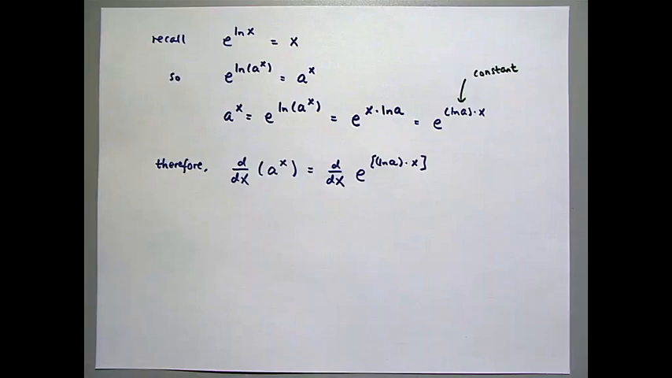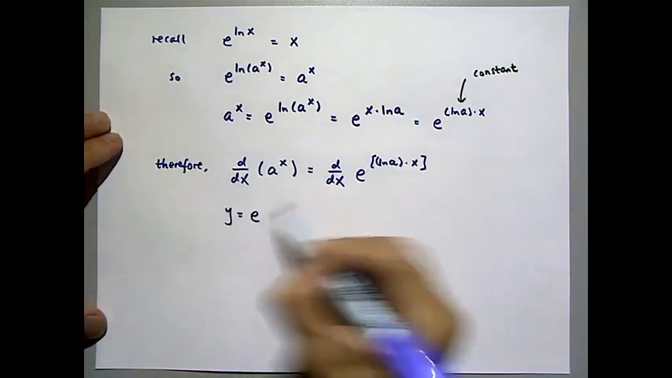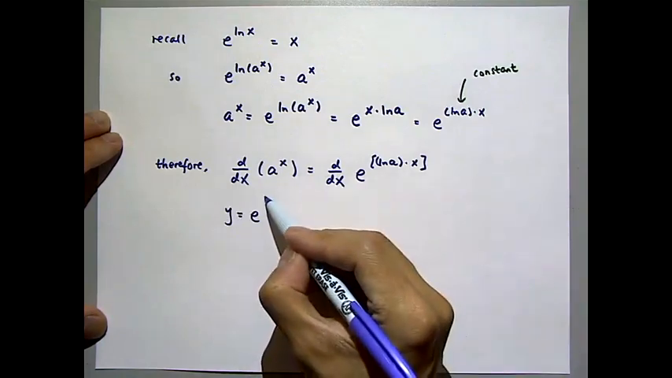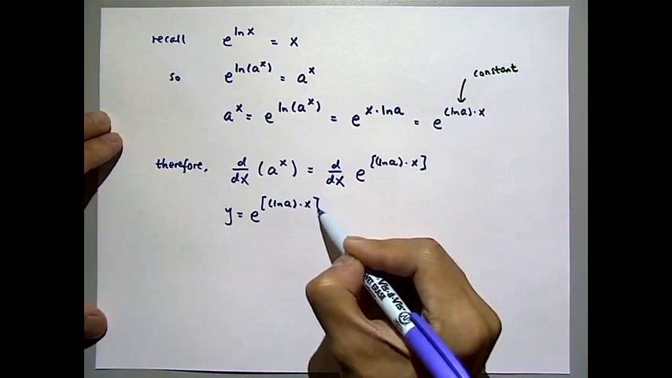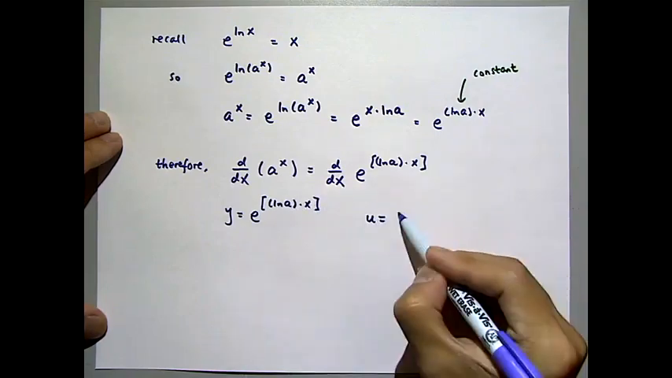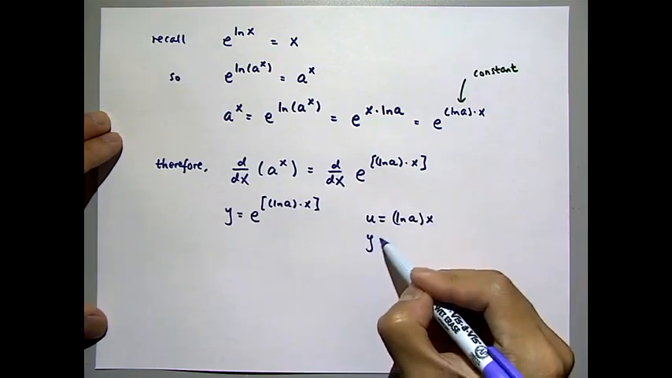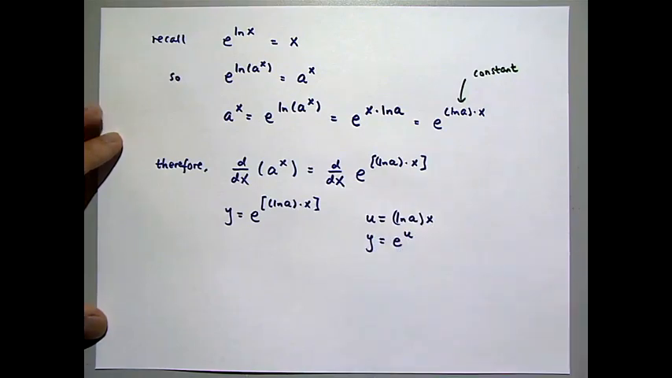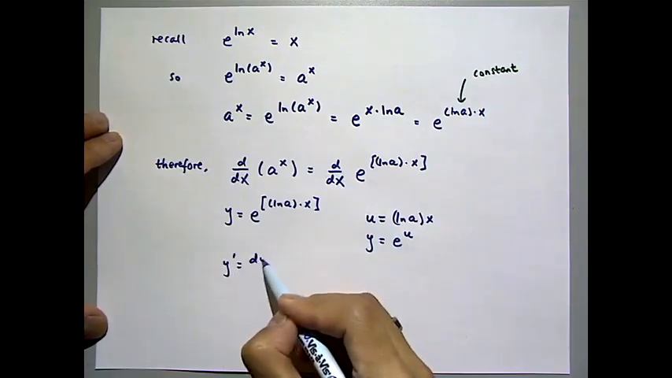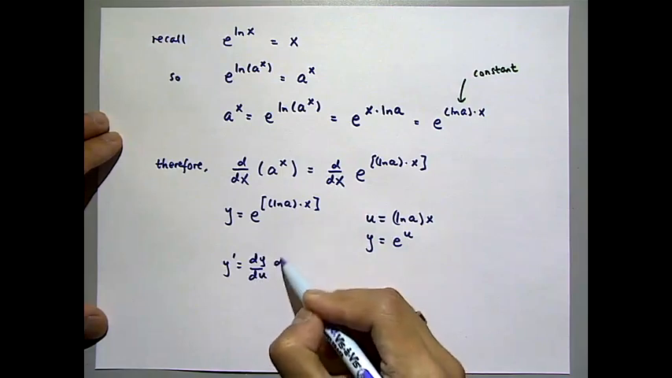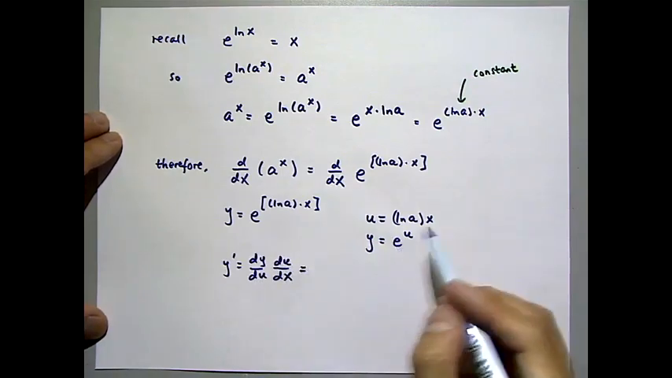That again is the same as the examples we've been doing. If you let y be e to the u, where u is equal to ln of a times x, and ln of a is a number, remember, just like the last example, then y prime is dy/du times du/dx, which is e to the u